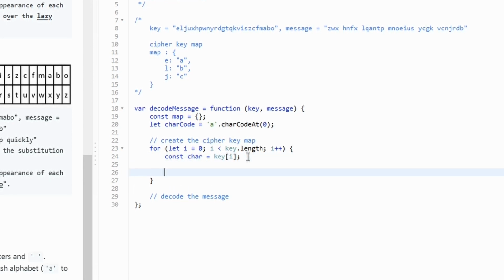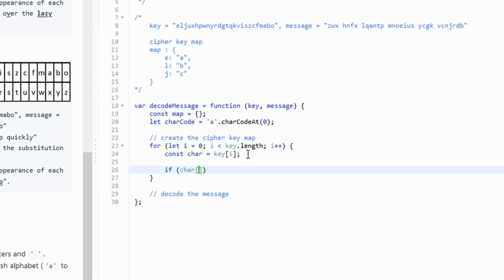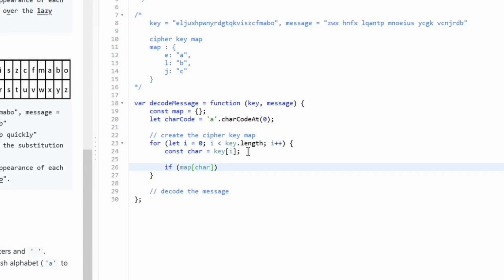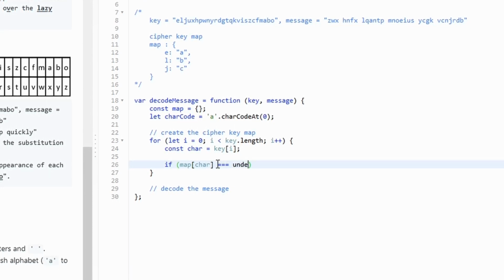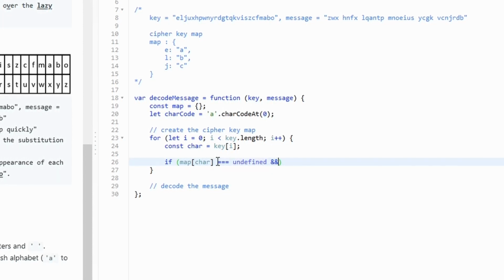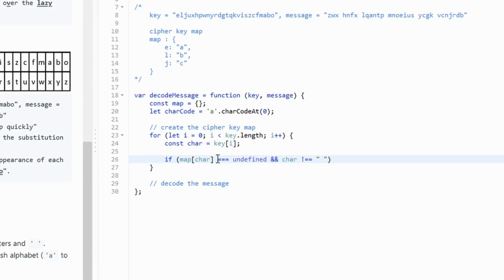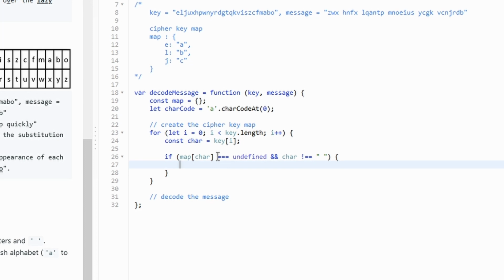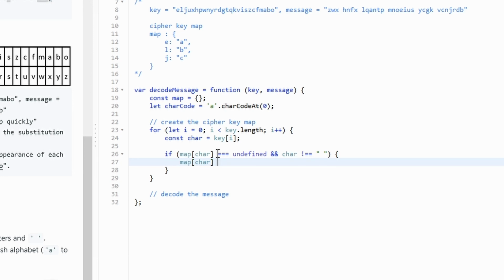So what we need to check for is if we don't have this character inside of our map. So if the map of char, so if we don't have a key of this character, we're going to get a value of undefined. Alright, so we want to make sure it's undefined, and the char is not equal to a space. Okay, so if both of these conditions are true,